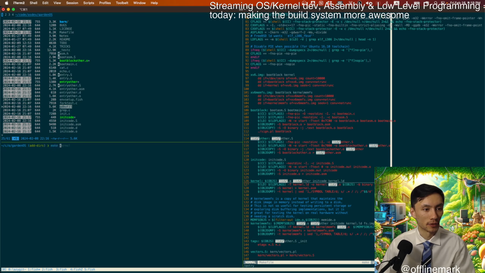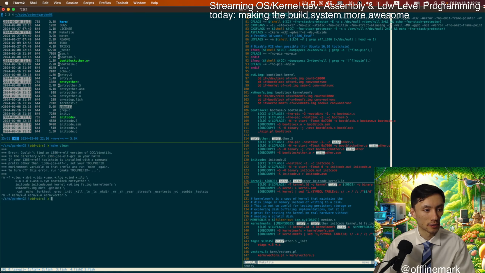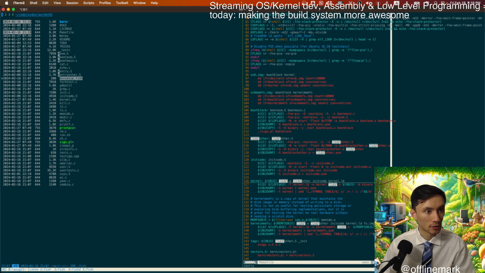Yeah, there's just a handful of these other things that are needed. I'm going to take a moment just to clean the build, just to get rid of the noise. Init code. Yeah, there's a lot of these assembly files that are needed for the early boot. I think that seems about right.